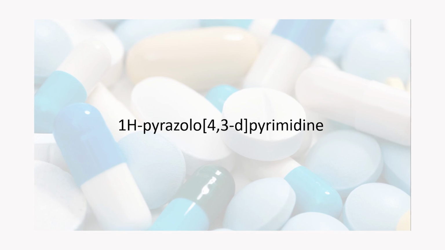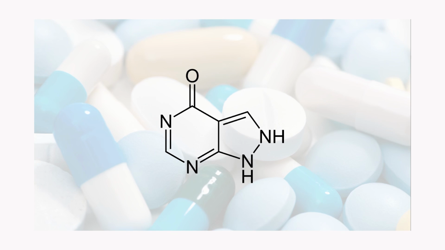Now I am going to explain the structure-activity relationships of allopurinol. Allopurinol is a bicyclic structure comprising a pyrazole ring fused to a hydroxy-substituted pyrimidine ring. It has a role as a radical scavenger, a gout suppressant, an antimetabolite, and a xanthine oxidase inhibitor. It is an organic heterobicyclic compound and a nucleobase analog. It derives from a hydride of a 1H-pyrazolo[4,3-d]pyrimidine. The active site of this drug is the carbon of the pyrimidine ring.